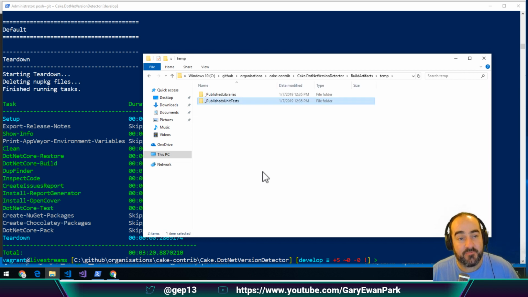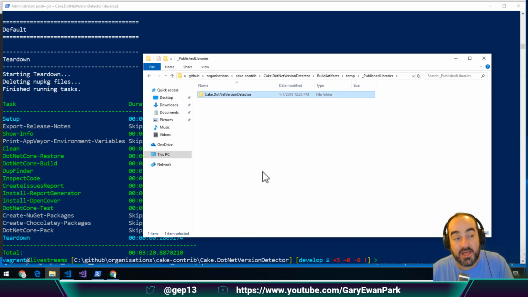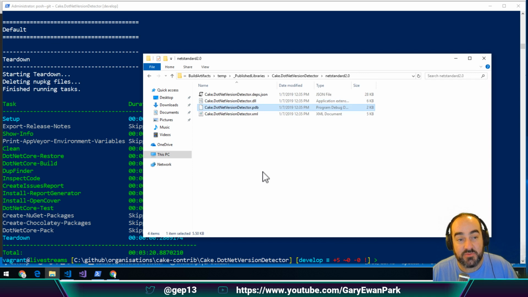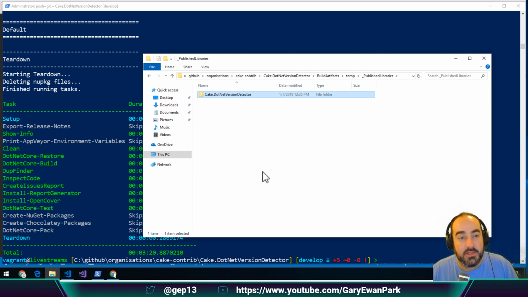So if we look at this temp folder, again, it's a convention-based thing that anything that is a published library will end up in the published libraries folder. So we've got one library project, which is the actual add-in itself. So that's what's in here. And if we look in here, this is where the actual DLL has been put in place for us. The other one is the unit tests folder. You'll notice in the name up here, it might be hard to see, but this is actually published xUnit